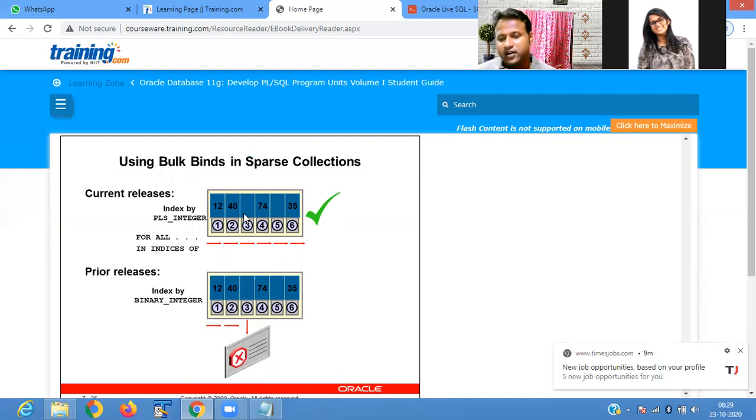Like in earlier programming languages, to retrieve all the elements we use the for each statement, the enhanced for loop. It helps you retrieve all the elements without initialization, checking a condition, and increment or decrement. Here also it helps you in that format, to go through the sparse collection.